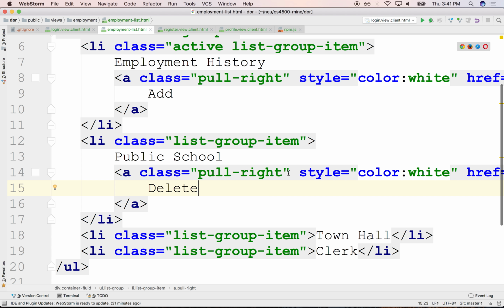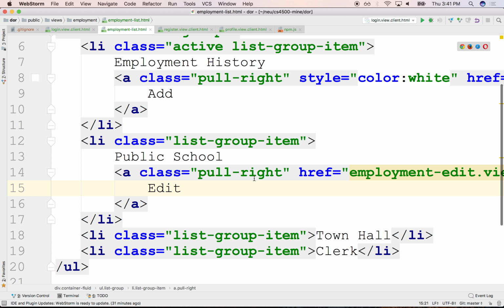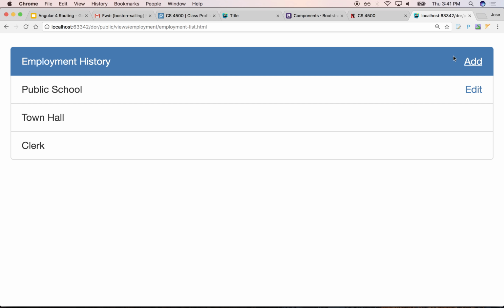Maybe I don't want the white here. Or maybe edit. There could be an edit button for each one of these, right? If I click on it, it navigates me to the editor for this. All right. Okay, so we have this add, we have the edit,